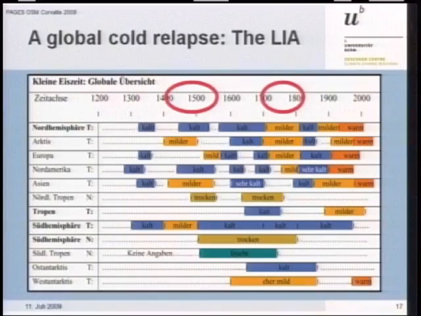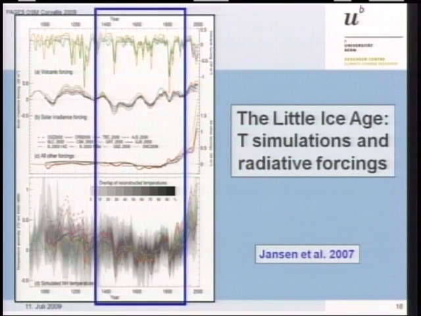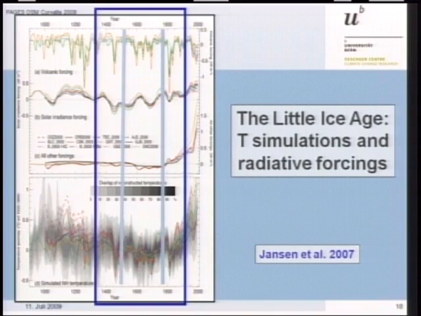But at least we can see that we had two rather warmer periods in between, even during the Little Ice Age, two milder periods around just before 1500 and just before 1800. That means the 15th and the 18th century. If you're looking at this figure with the modeling results of the Northern Hemisphere in the IPCC report, it's quite interesting that we're also able to figure out two periods with rather higher temperatures during this period.